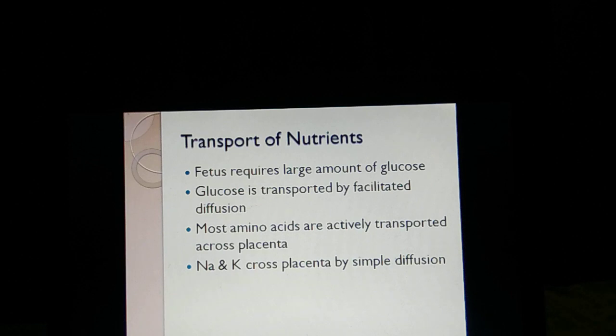The glucose passes through the placenta by facilitated diffusion through a carrier molecule present on the trophoblast cell. The glucose level in fetal blood is 20 to 30% lower than that of the maternal blood. The fructose and sucrose required by the fetus are synthesized in the placenta itself. The amino acids, the calcium, the inorganic phosphates are actively absorbed by the placental membrane. Potassium, sodium and chloride ions and substances with molecular weight less than 1000 easily cross the placenta by simple diffusion.